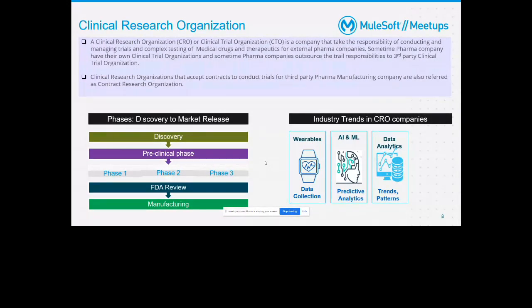Then the same data is, most of the time, presented to auditors and regulatory bodies. So data analytics and trend patterns are also gaining popularity in trial organizations with modern analytics and AI/ML technologies.